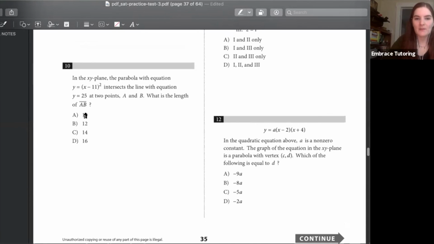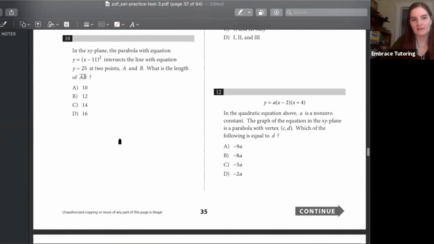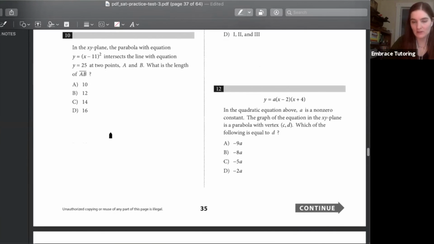Here you're dealing with an XY plane where you have a parabola, and understanding the rules related to parabolas, understanding how things intersect with a line or with an equation at two different points, and how to express that when you're dealing with line segments and algebraic equations,